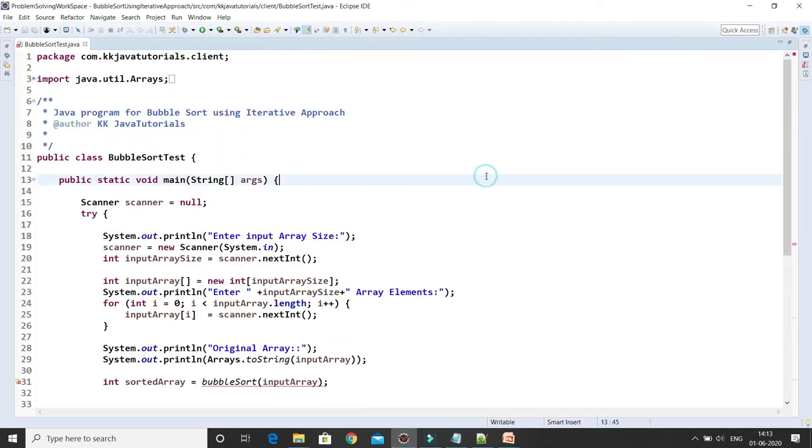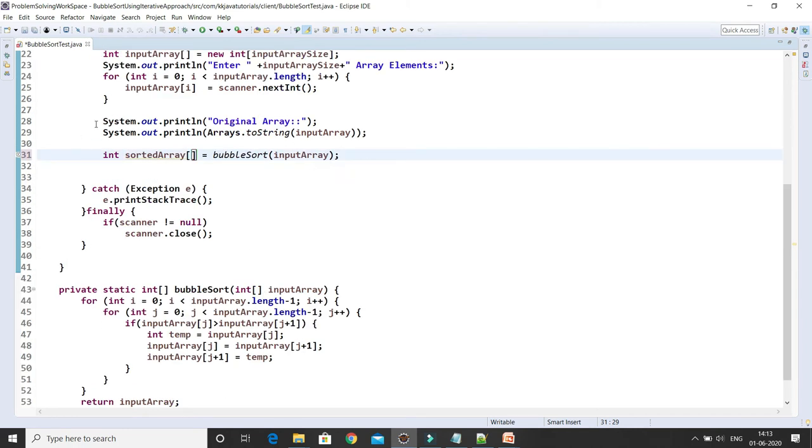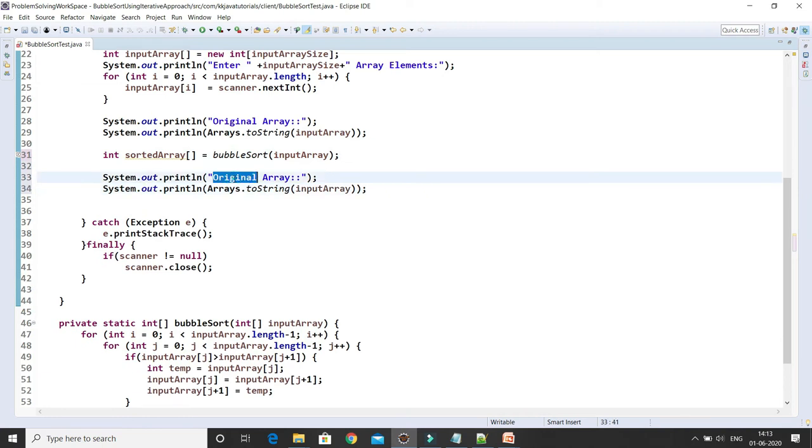There is a compilation error. Okay, this is nothing but the array. Sorry guys, now we need to print this as well. It's a sorted array, and this sorted array we have to print. I'm just going to use Arrays.toString. This will print the sorted array.